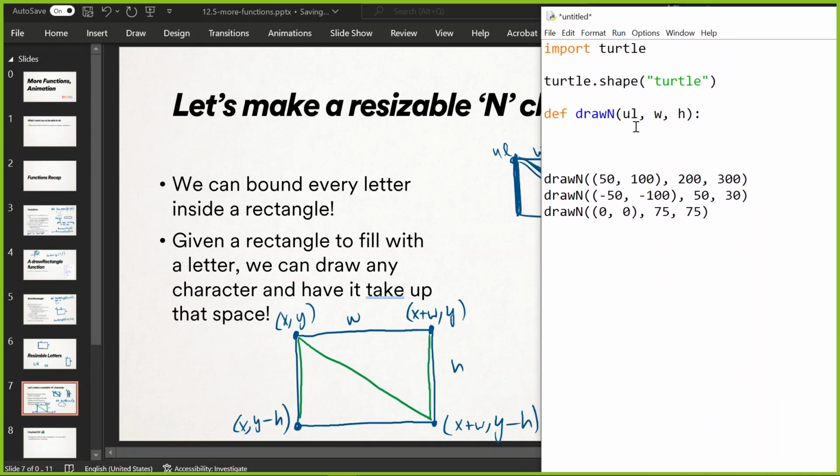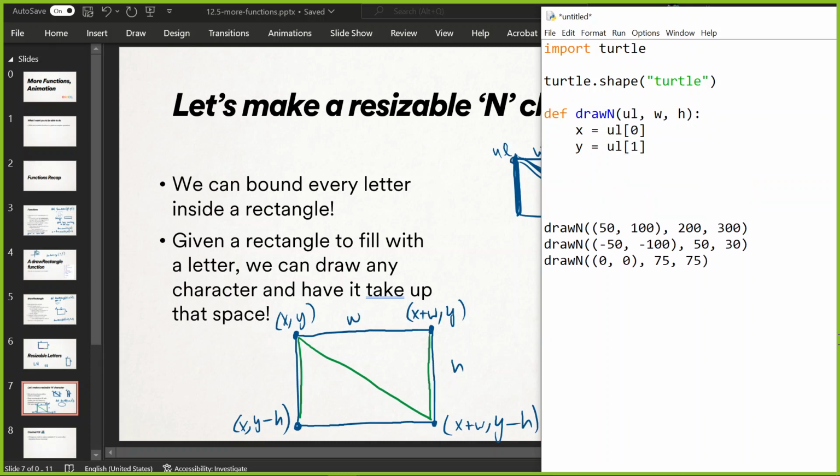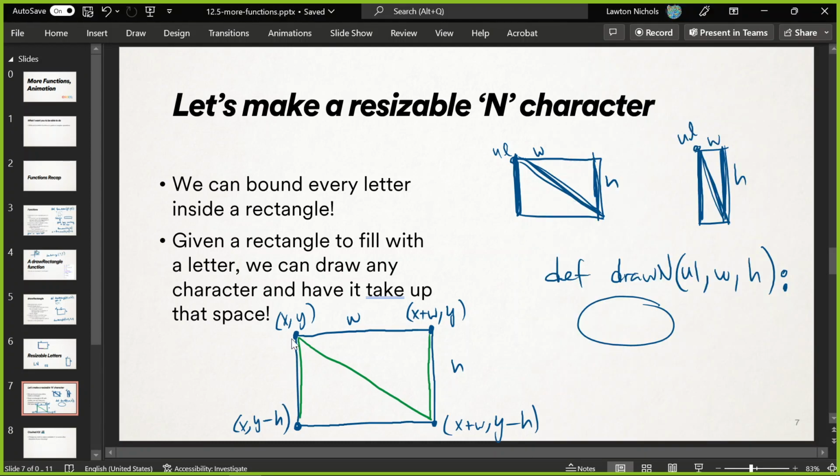All right, so what does it mean to draw an N? Well, I know what X and Y are. That's inside of UL. We passed it along like this. UL is going to be set to a tuple that looks like this. The X coordinate is the first thing, UL 0. The Y coordinate is the second thing, UL 1. All right, now I need to draw a width by height N character. So we need to start, right? Where do we start? Because we're going to use goto. We don't start up here at the UL anymore. We start